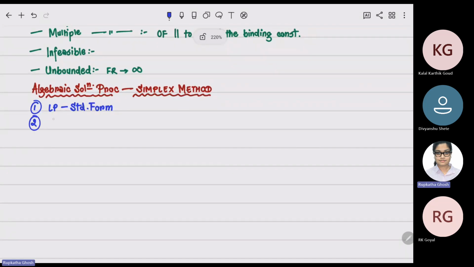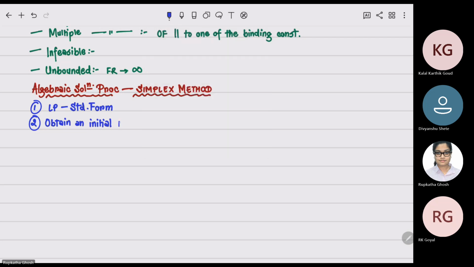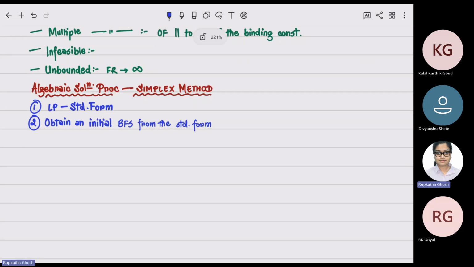Second, obtain an initial basic feasible solution, if possible, from the standard form. Okay. So if there is no basic variable with respect to every constraint equation,